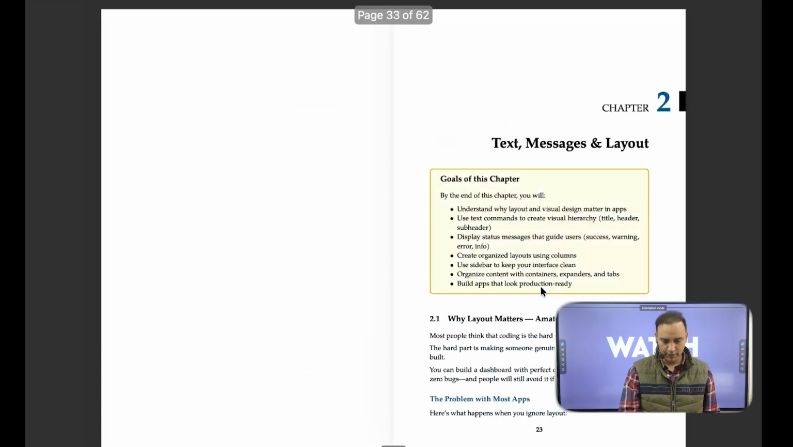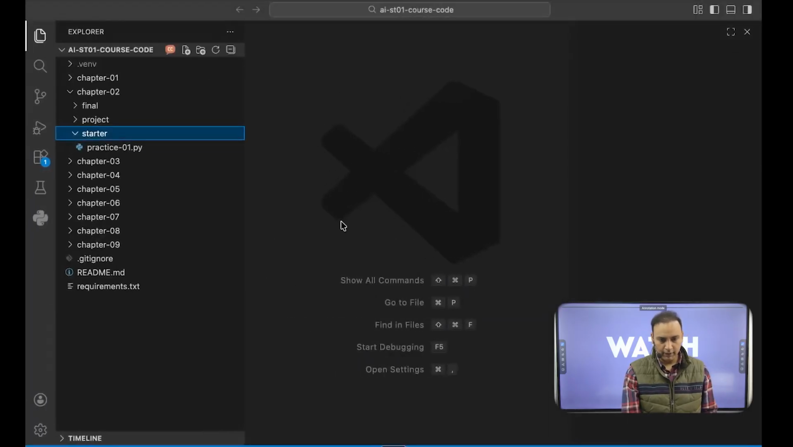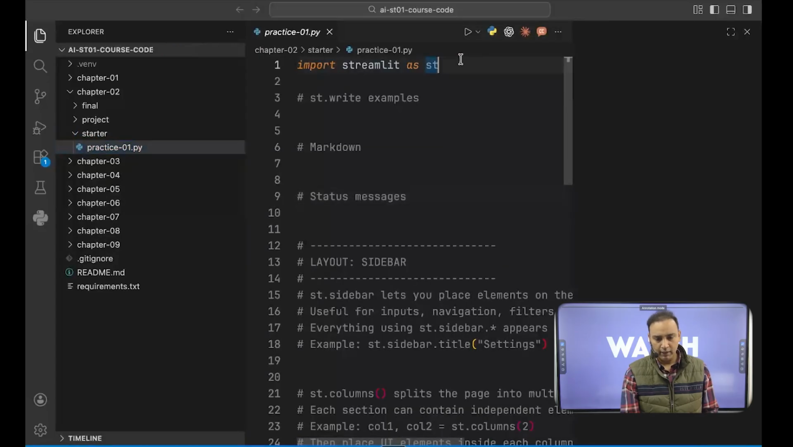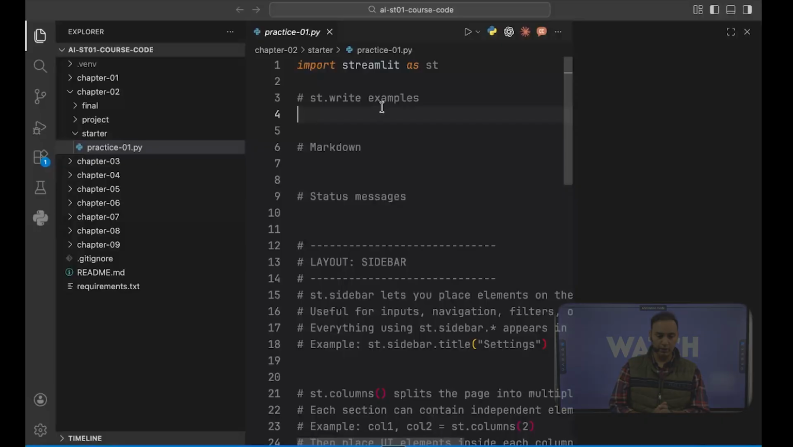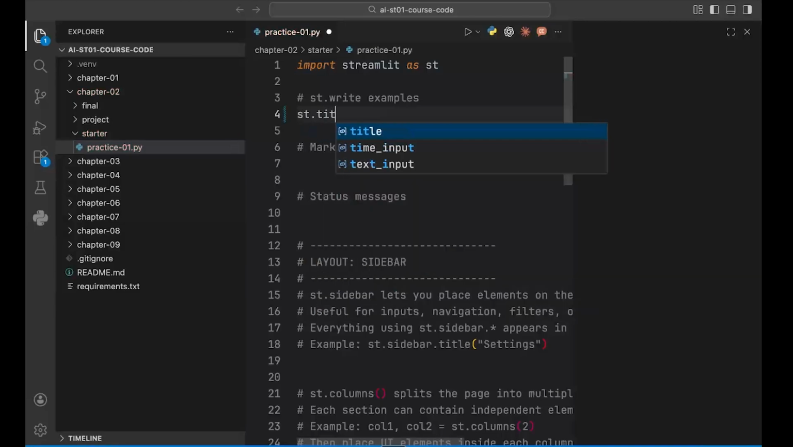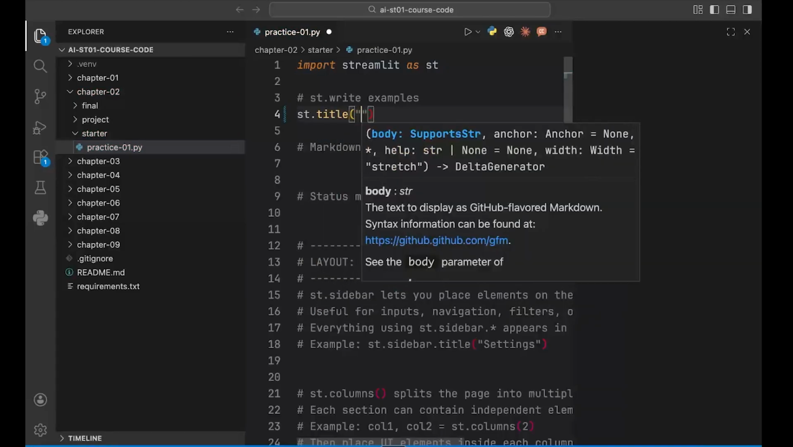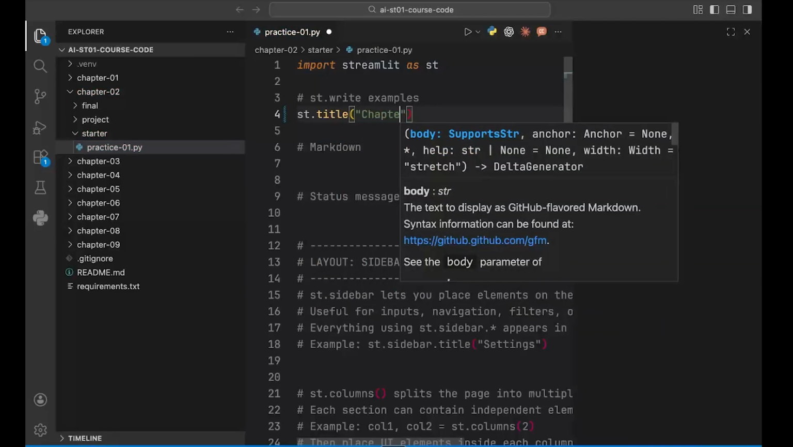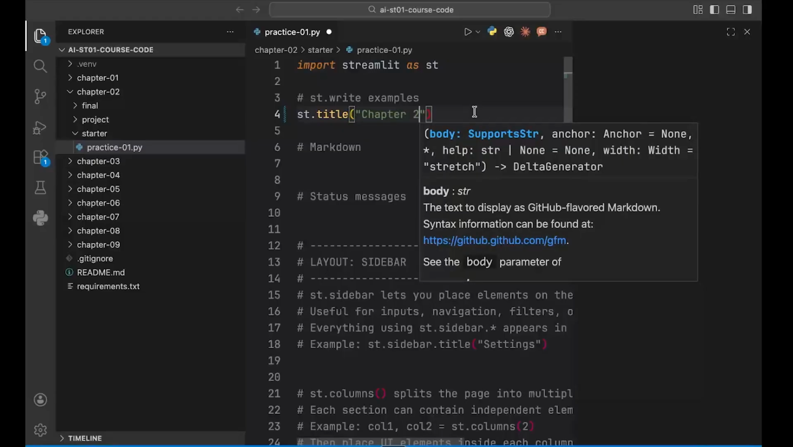So let's not waste more time. Let's quickly get to our coding. So the first thing is, let's import Streamlit as st, and what I'm going to do is start some st.write. So we'll start with title. In fact, st.title. So the first thing is chapter 2, right? And let's quickly